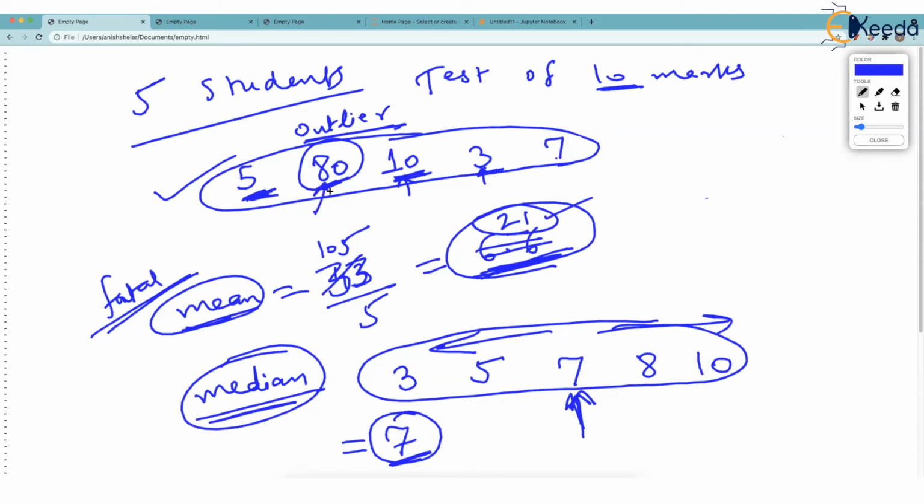One poor value, but the median won't. Just check, how will you find the median of these marks? You arrange them in increasing order. So 3, 5, 7. After that, you have 10, correct? And the last value is 80. See? And still the central tendency is 7. So half the students have scored less than 7, half the students have scored more than 7. But at least you know the performance of the class as a whole.